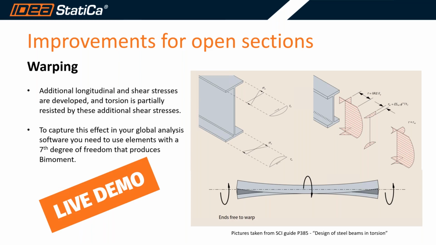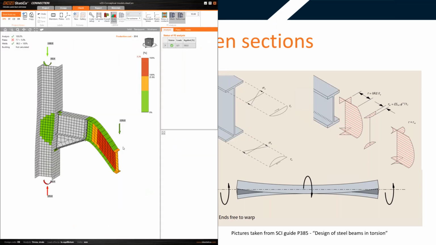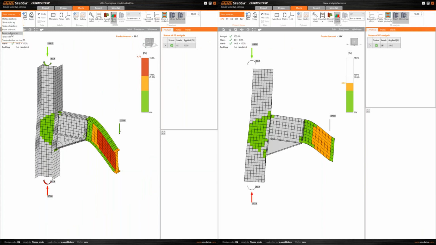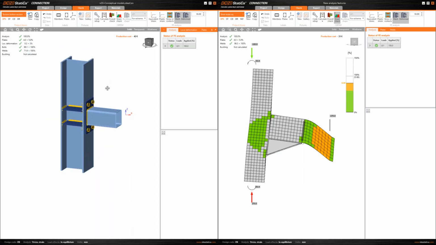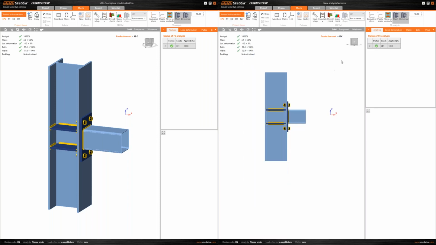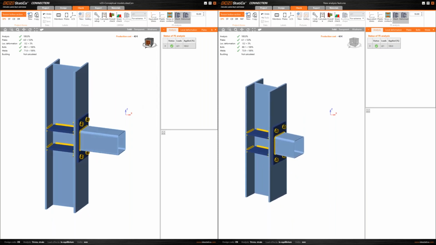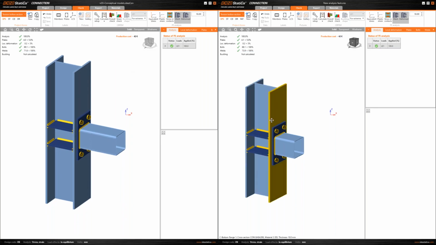So let's investigate the effects of warping in some reference elements I have prepared for you. And first, let me open a reference model that is using a closed cross section. Again, I will roughly zoom in to have about the same model in both